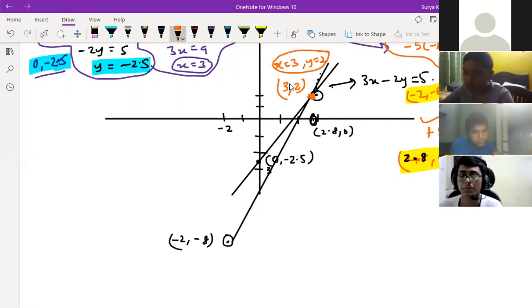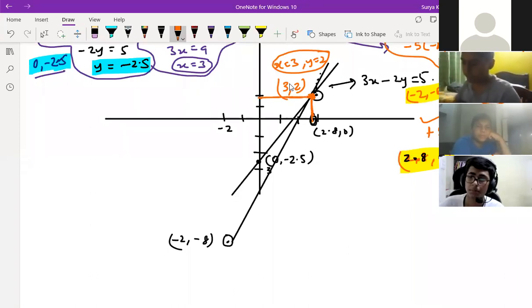If they give these types of questions where they give two equations, do we have to draw only one graph for both, or should we do separate ones? No, on a single graph. If they ask to find the answer, then where both lines meet, that is the answer. This line meets at x is 3 and y is 2. So we shouldn't draw separate graphs for each equation? No.